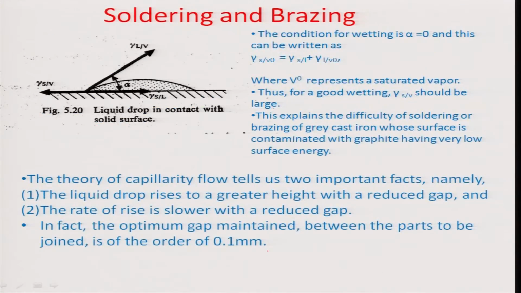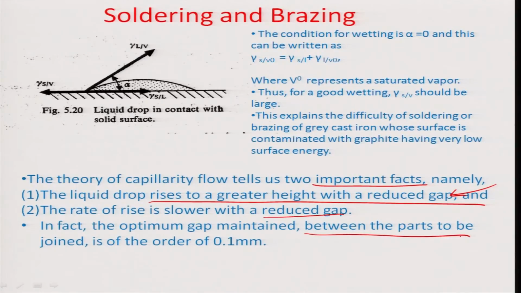In fact, the theory of capillary flow tells us two important facts, namely the liquid drop would rise to a greater height with a reduced gap. Okay, so if the gap between the two parent materials is lesser, you would expect the liquid to go across a majority of the gap height-wise, and the rate of rise is slower with a reduced gap. So, in fact the optimum gap maintained between the parts to be joined in such cases will be of the order of about 100 micron, about 0.1